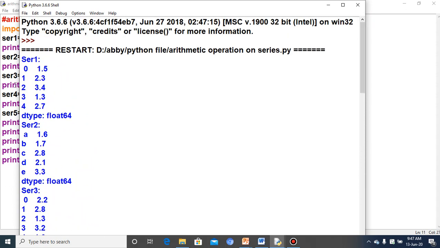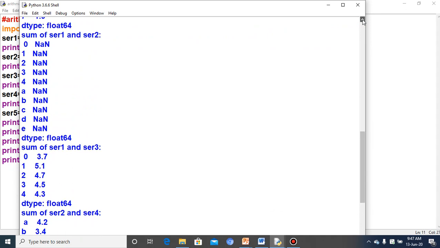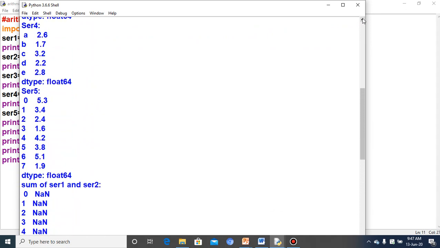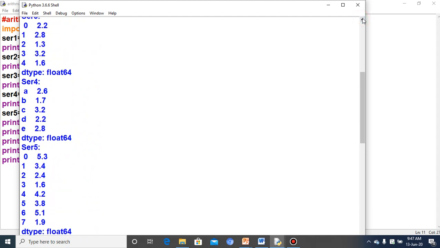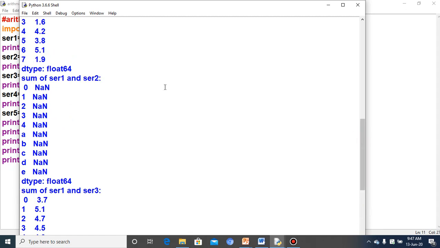First series, series 1, series 2, the data type float64 is showing here. Then series 3, 4. I have told you now that you will not be getting the output in an easy format, meaning the format is coming correctly but we are not able to recognize the output thoroughly. Series 3, series 4 and series 5, individually the series which we have created are showing here, and afterwards we are adding series 1 and series 2.